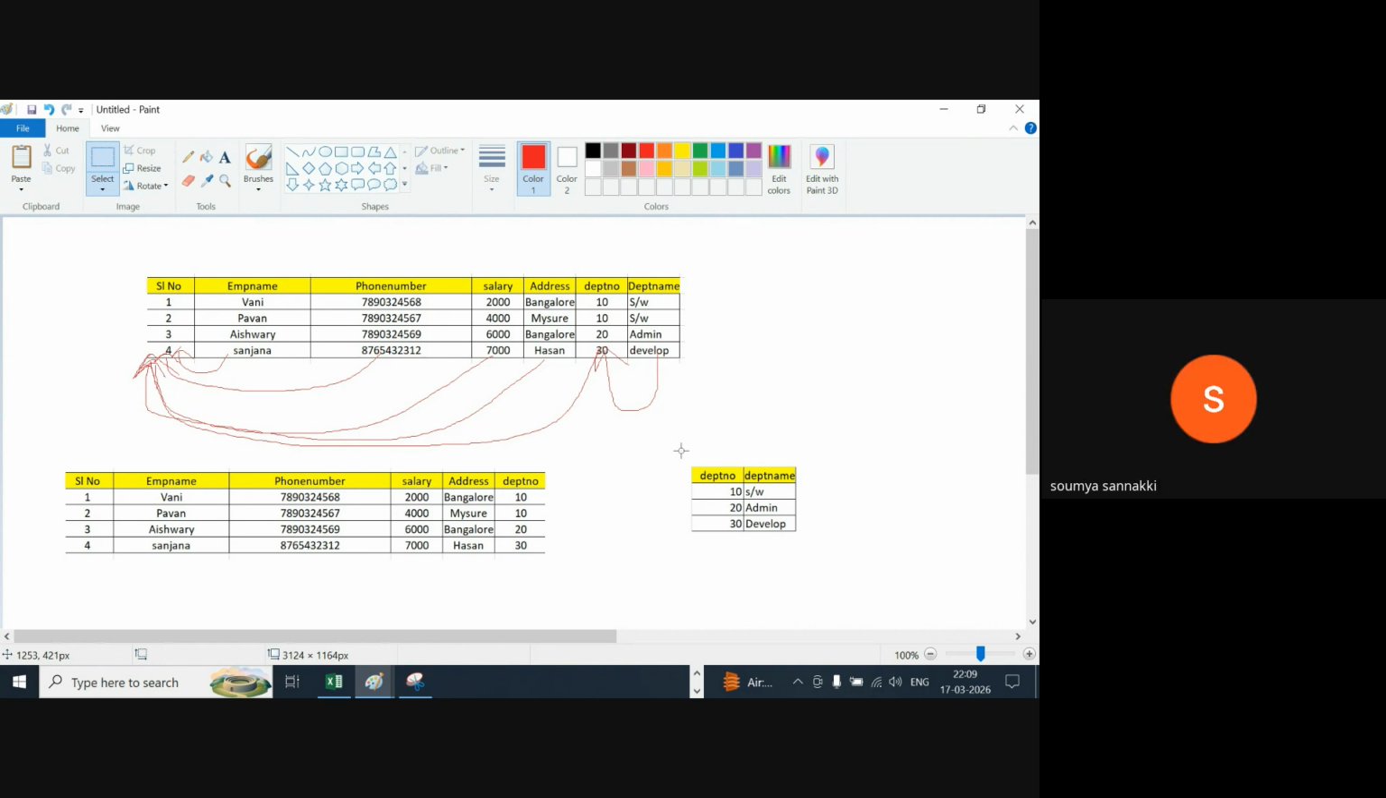Yes, ma'am. Okay, so next line, copy. With respect to the above table, all the non-primary key attributes, that is, emp name, phone number, salary, address, and department number, except